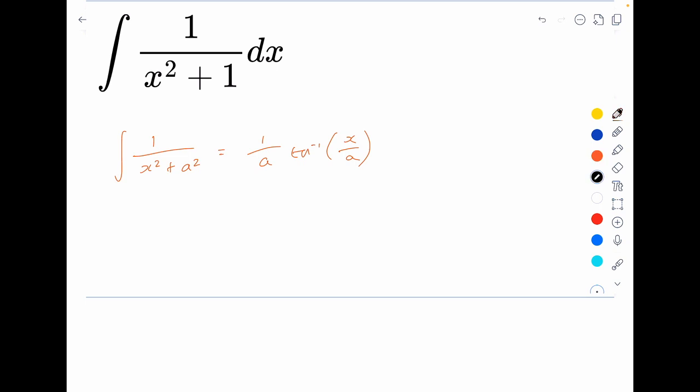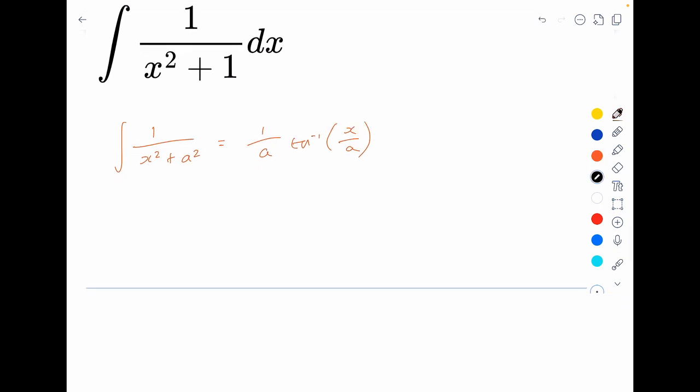So if we follow that, what do we get? Well, 1 over x squared plus 1 dx, it should technically be dx here, 1 over x squared plus 1 dx is going to equal 1, okay, over 1